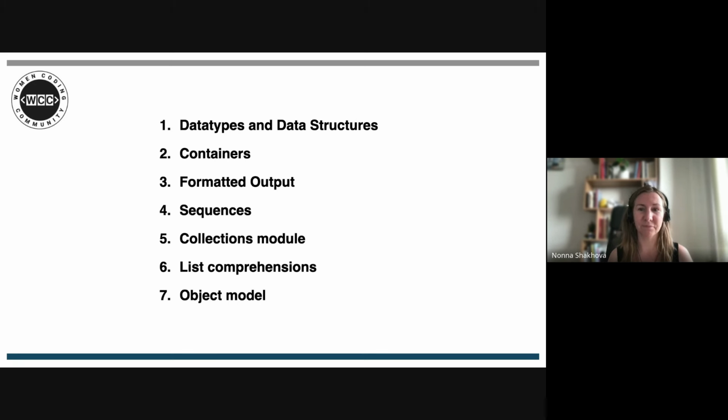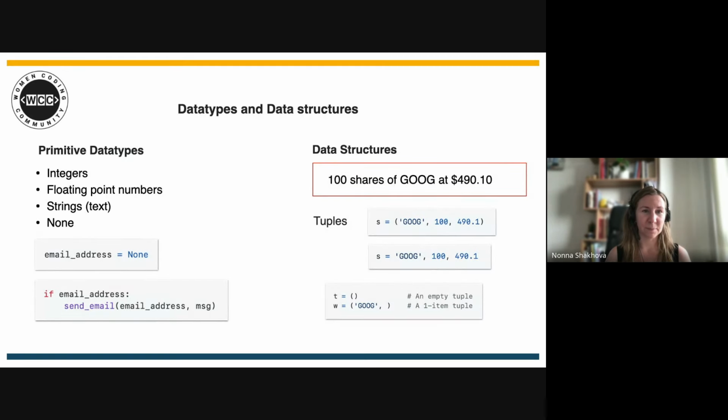But let's start from the data types, and the most loved of them are tuples, lists, dictionaries, and sets. I think these are the data types you will meet most in Python when you're programming. And we have some primitive data types, which are more about the types of the variables. In the last lesson, in the first session, we had a brief overview of them, just a reminder that there are integers, floating point numbers, strings,